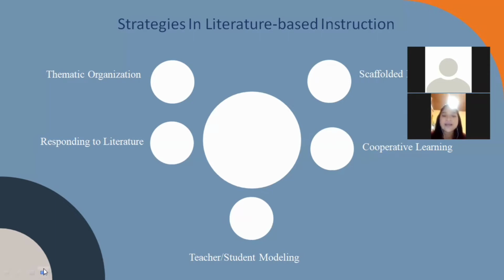The next one is teacher-student modeling. Teacher-student modeling can happen through, for example, the teacher telling the students how to ask a good question about the book, or the teacher can conduct a discussion in the learning process or read aloud so the students can understand the meaning or the purpose of the learning process. And the students can give a model for the other students from cooperative learning.